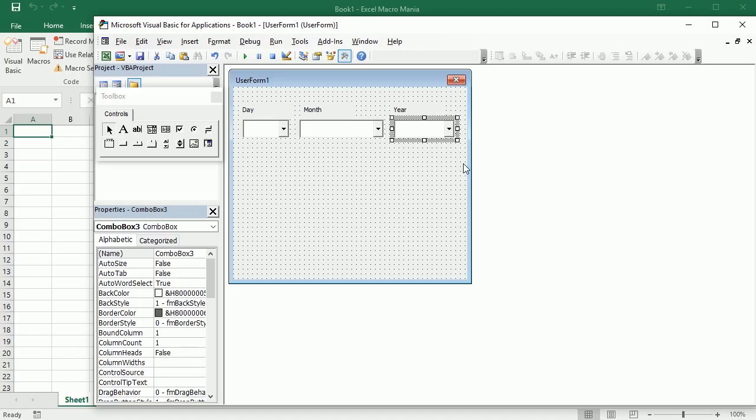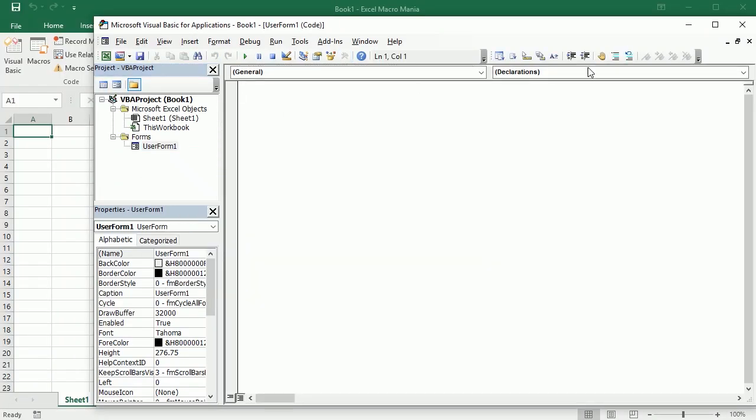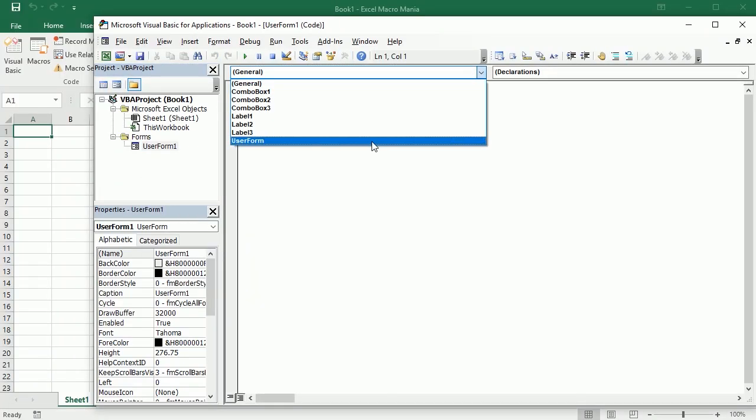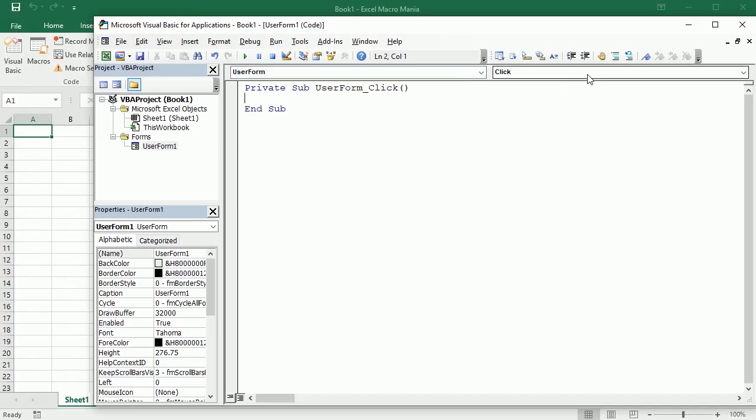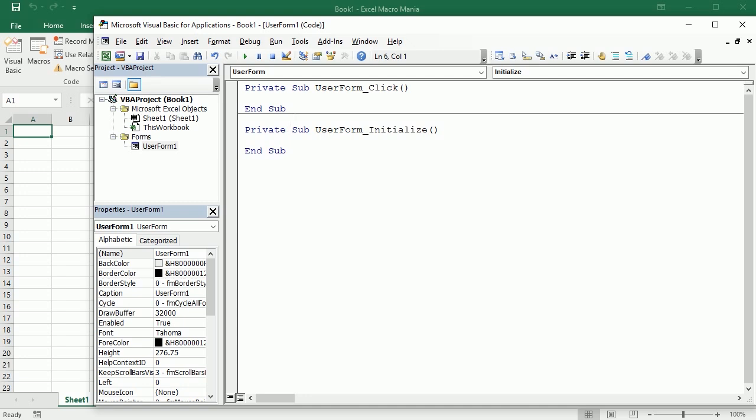We can populate that right when the user form initializes or activates, or we can do it from a separate macro. But for now, I'm gonna just do it when the user form initializes. So I'm adding the initialize event procedure. And again, if this is new to you, have a look at the tutorial for beginners, for example, or some of the content in the blog. So here we're gonna populate